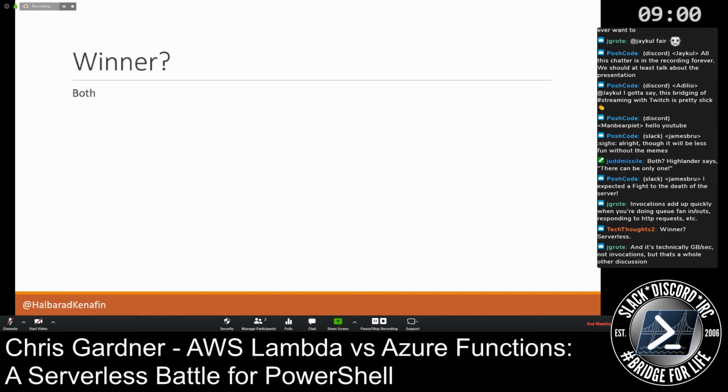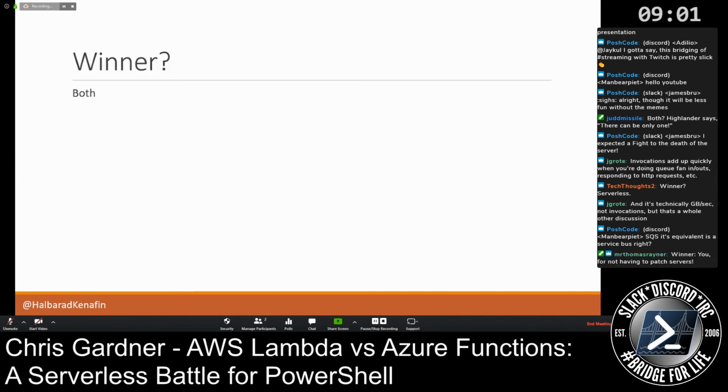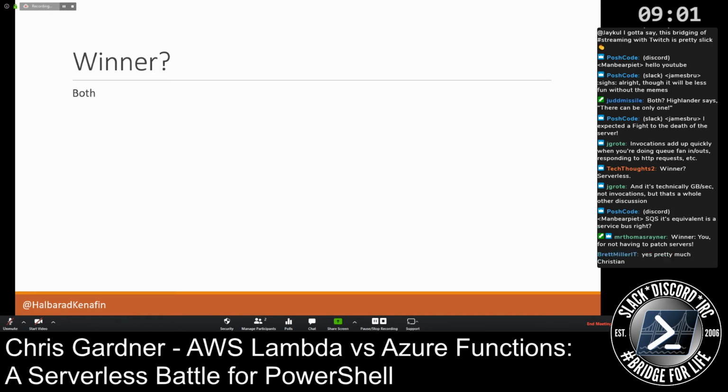If I have to pick between the two for just some generic stuff that's not related to either, I don't know what I would pick in that case. Probably whatever my team is most comfortable with. And I think most of my team's stuff is in AWS, so I probably end up using Lambda just so it's all in one place. But yeah, take the cheaty option there for what the winner is.